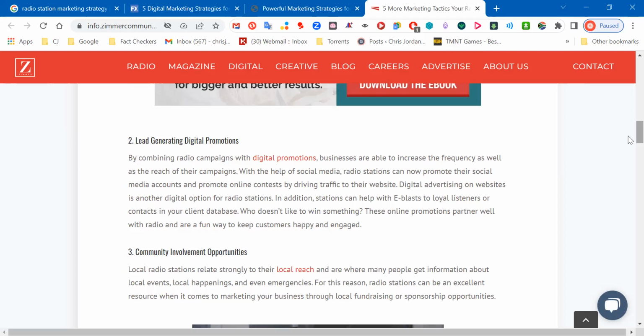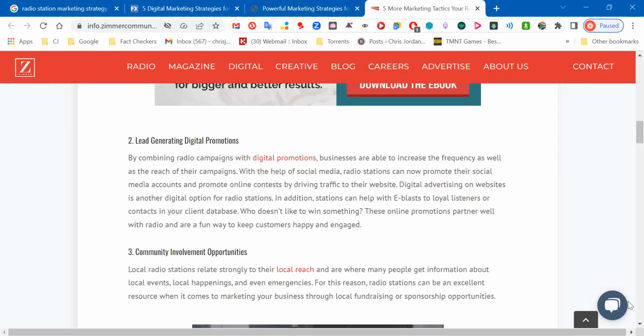Just have the email strategies also work along with your digital strategies, depending again on what you have to promote, whether it is online, through the website, or on the actual station, and you want to get them aware.